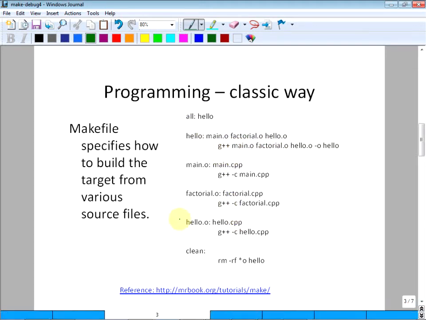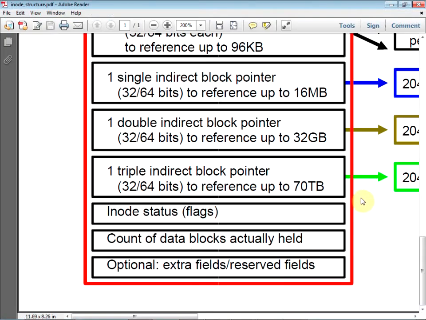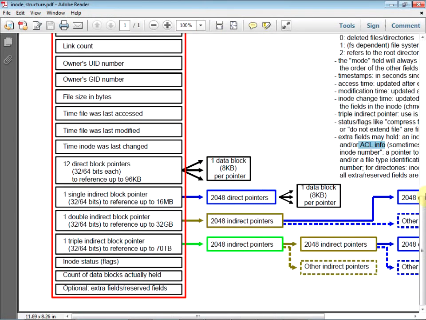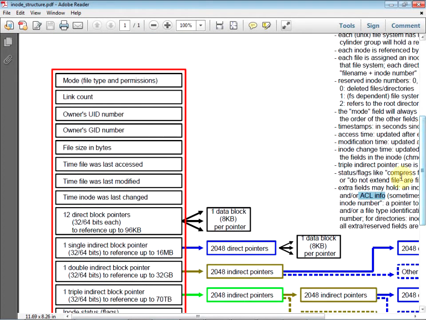Well, how do you do this automatically? How does the computer know which files got changed? Luckily we have this inode structure. What can we use to find out which file got changed?